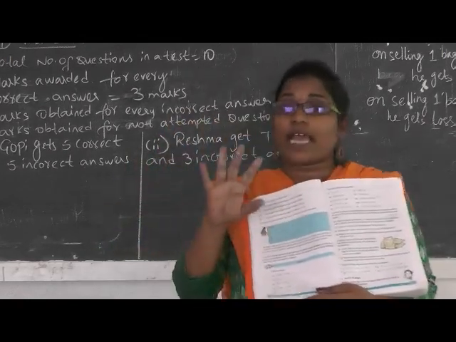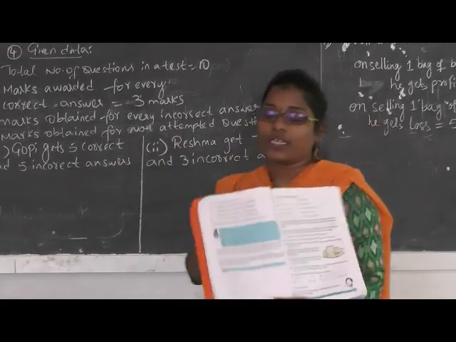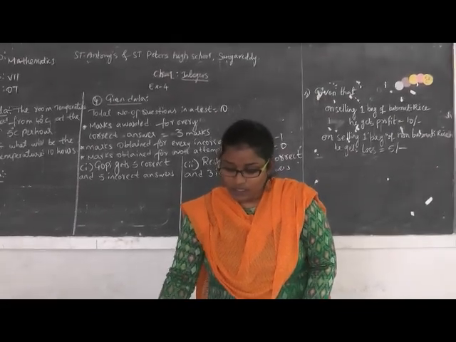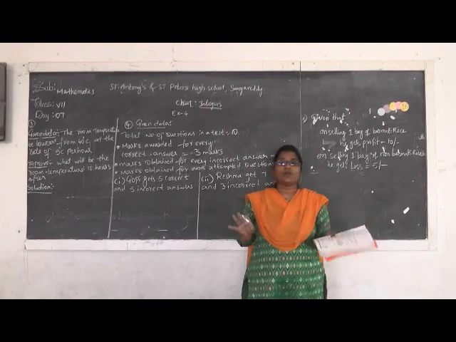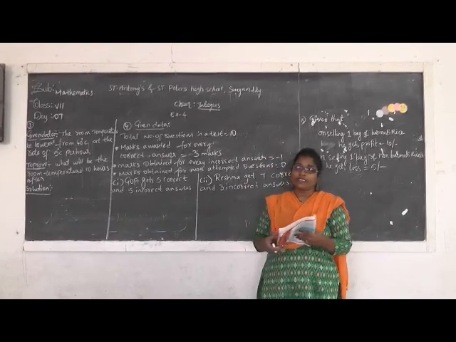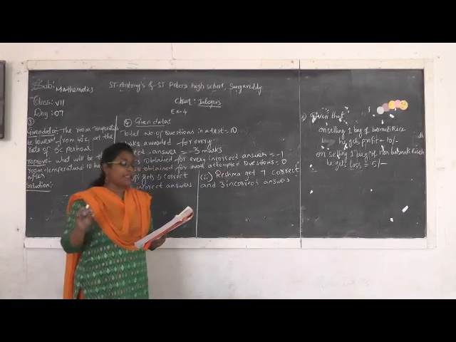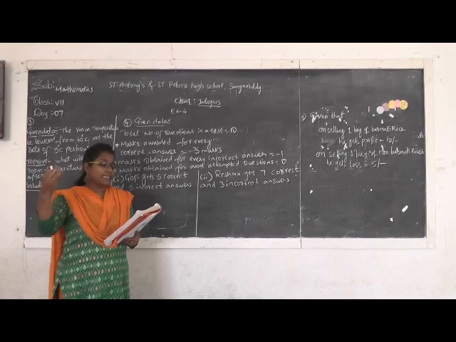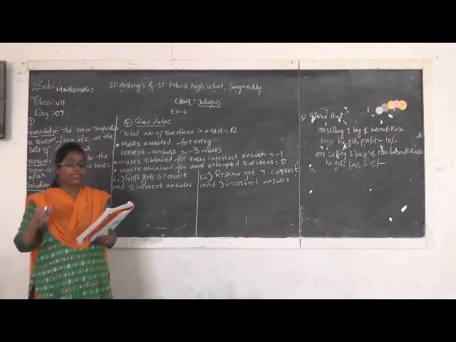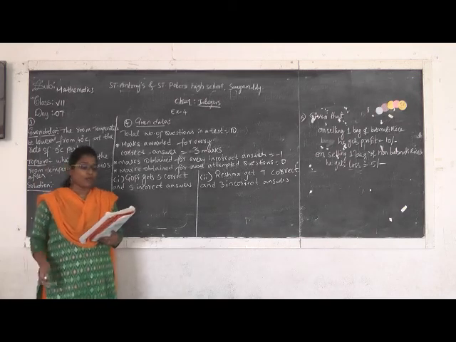Now today in this session I am going to explain the third, fourth and fifth bits of the solutions. The third question has some word problems we have to solve based on the multiplication of integers. Let me read the question. A certain freezing process requires the room temperature to be lowered from 40 degrees Celsius at the rate of 5 degrees Celsius every hour. What will be the room temperature 10 hours after the process begins?